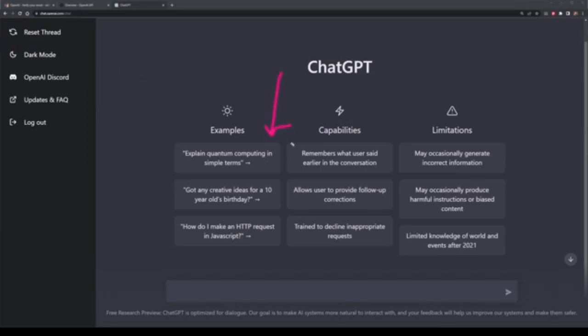Here we have a couple of example inputs that we can place, and the input is just over here. This is where you can type your text. We also have some details here about the capabilities and limitations. Let's take a look at all of this. So in terms of the capabilities,